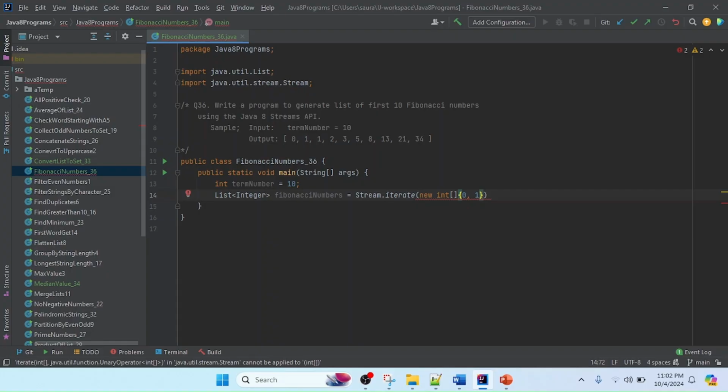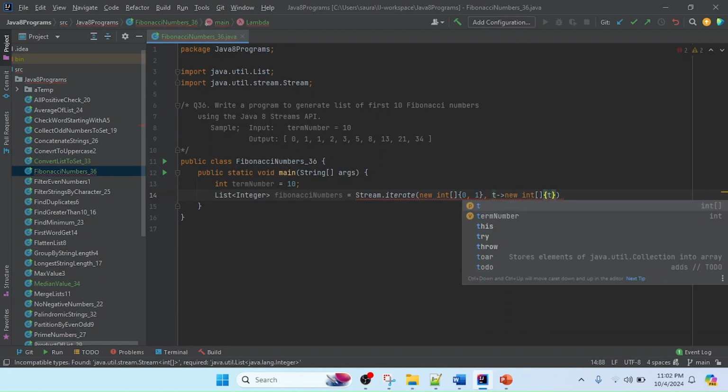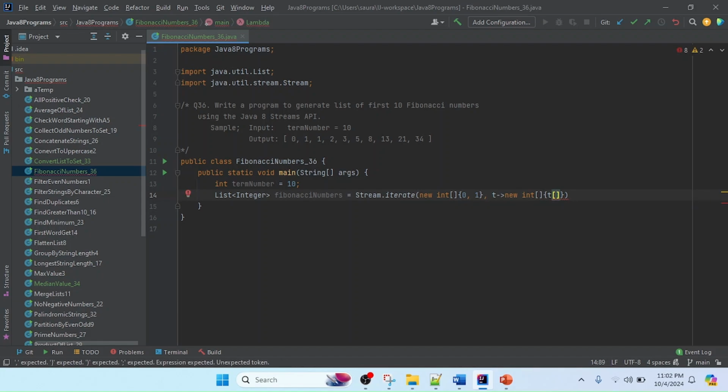Then I will add the function to generate the next sequence value. I will use a lambda expression to generate the term. T is basically what I use for the term, and here I will create two new arrays. So I will use new int, and here we will pass the value. I will use t of 1, the first term of t, so I keep the current value. The current value is 1,